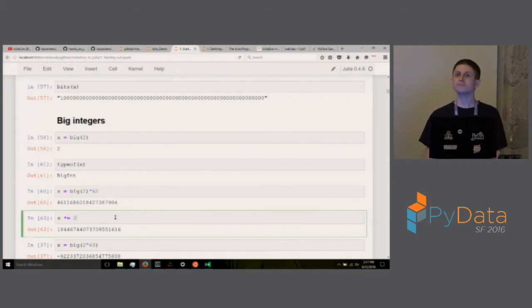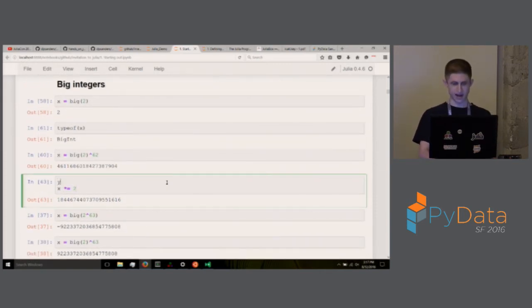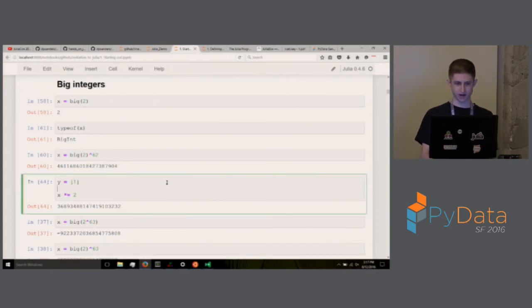How does that work across scopes, like with references? So this is going to be rebinding. It's going to be as if you wrote, so I'll show arrays soon, but if I had an array, y as an array, and then I wanted to do